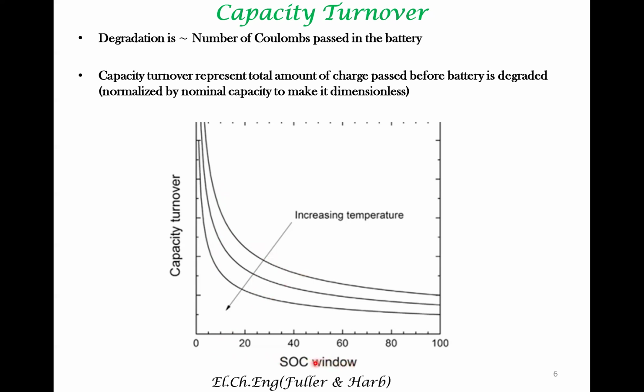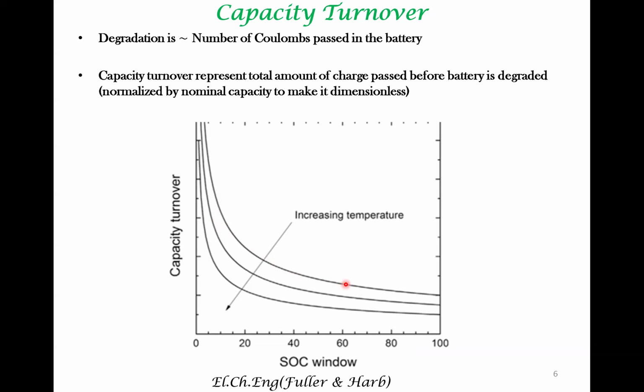Supposing you are discharging the battery completely, that is, you vary the SOC to 100% discharge, then the capacity turnover comes down